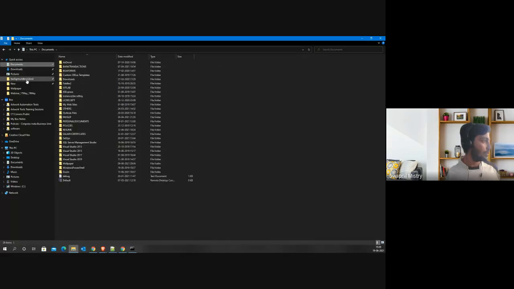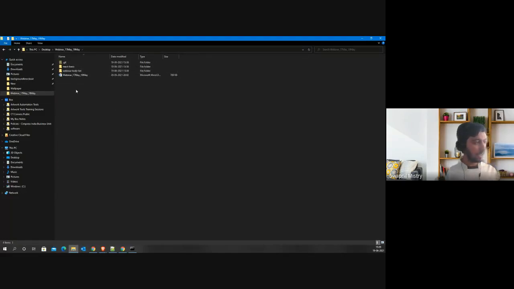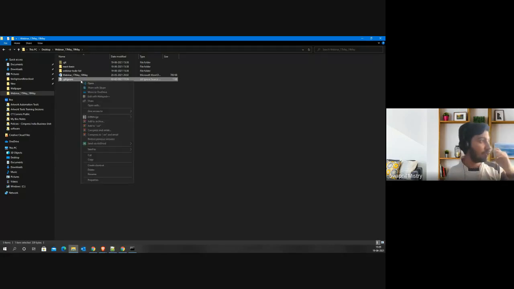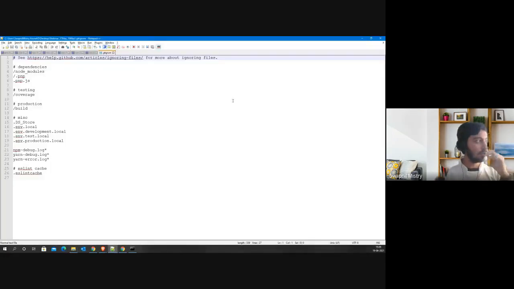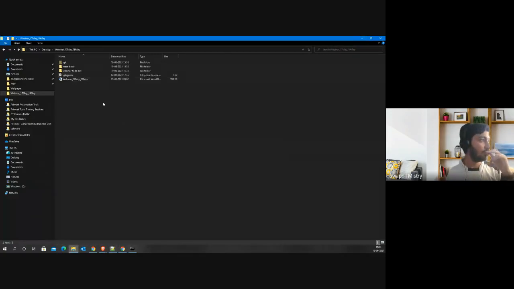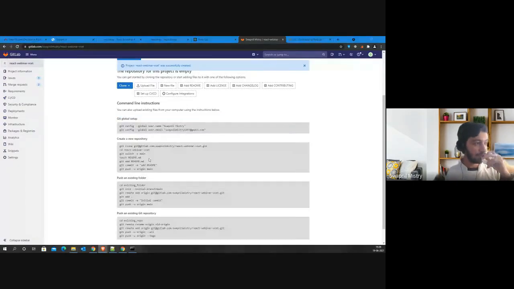Side webinar. I will paste this just to make sure that the right files are ignored. I will open this. Okay, so these are the files which we want to ignore while pushing it on git. I don't want node modules and a couple of other things on my GitHub account or GitLab account. So I have .gitignore over here, I have .git over here. Now I will try to follow the commands which they have provided over here.